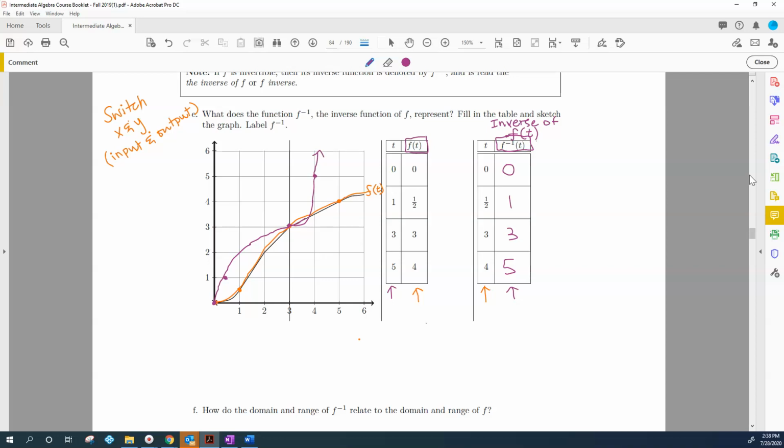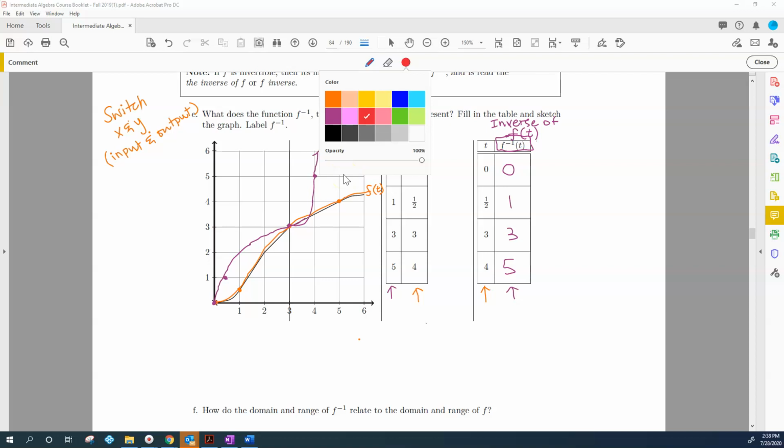All right, my graph doesn't look super awesome, but hopefully you can get the idea of what's happening. Because anytime you graph a function and its inverse, they're always going to be,